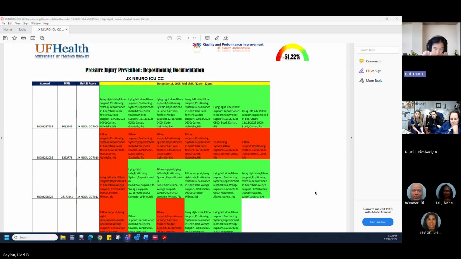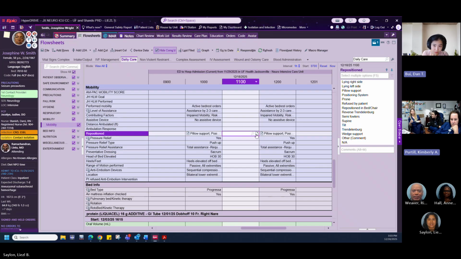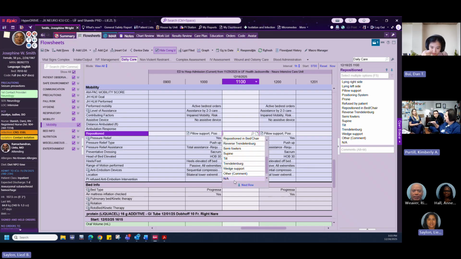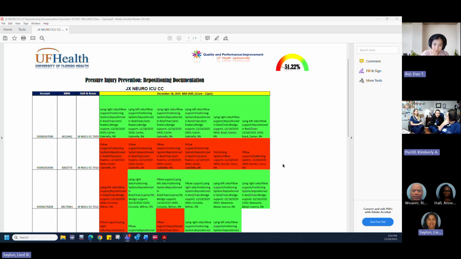Pillow support is not enough. Repositioning in bed or chair is not enough. And semi-Fowler's is considered on their back. If previously they were also supine or semi-Fowler's, then that would also put it into a red. They have the option to use the keyword NA, not applicable, and it would automatically show a screen. Yes, there's an NA option. You have to be very careful in letting them know this rule, because if they overuse it, then it defeats the purpose.